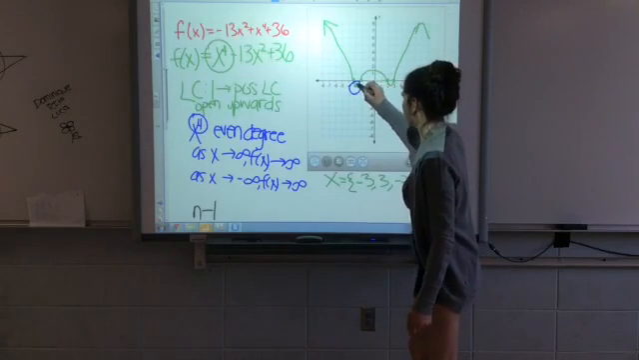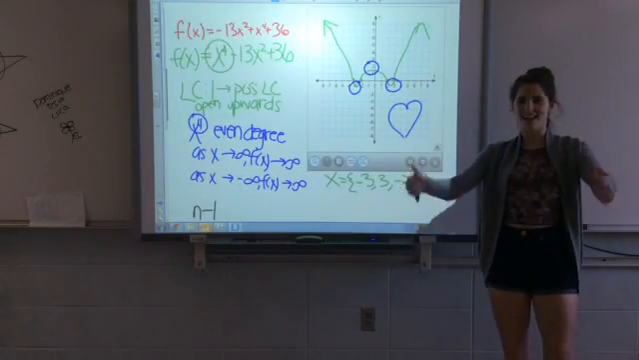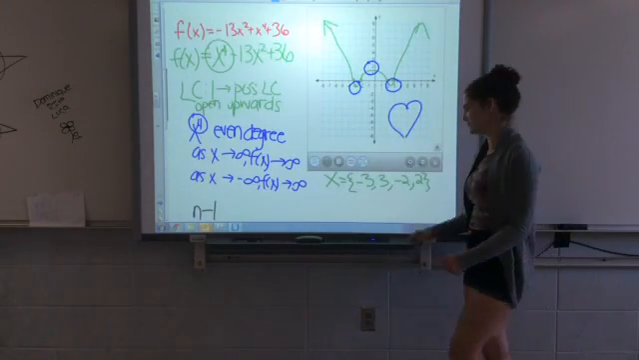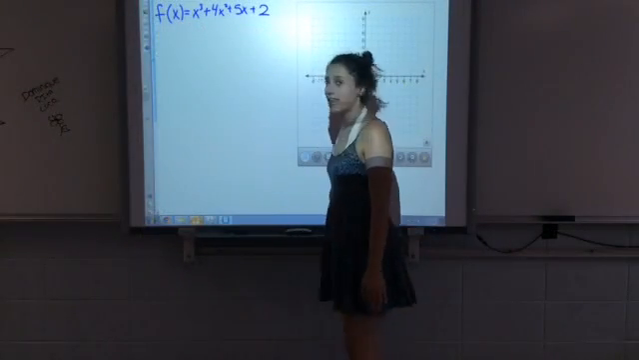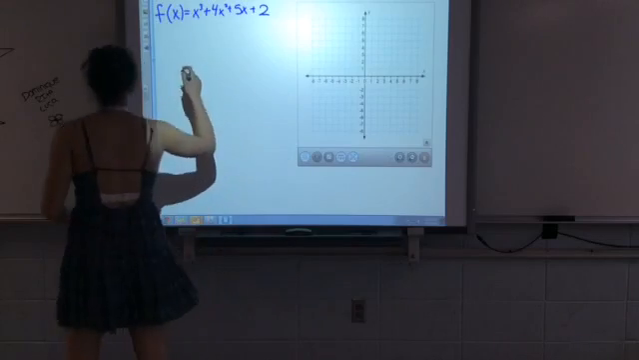Clearly this graph has 1, 2, 3 turning points. So yay, and we're going to go on to another example. Okay, so now we're going to look at our second example. So this function is already in standard form, and what we're going to do again is go